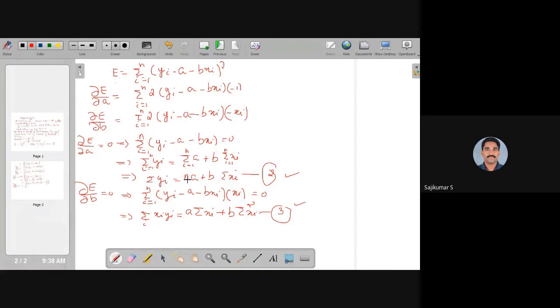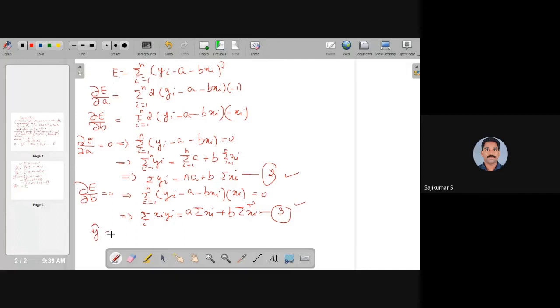See, these two normal equations are simply linear equations in the variables a and b. Here we are considering these parameters as variables, and the remaining quantities are obtained from the given data. Compute four different summations: sigma xi, sigma yi, sigma xi yi, and sigma xi square from the given data. Substituting these values into the normal equations, finally we get two linear equations in the variables a and b. What is n? N is the sample size or number of paired observations. So by solving these two equations, we get the values of a and b. Using this a and b, we write the best fitted straight line. What is the best fitted straight line? The best fitted straight line will be of the form y cap.